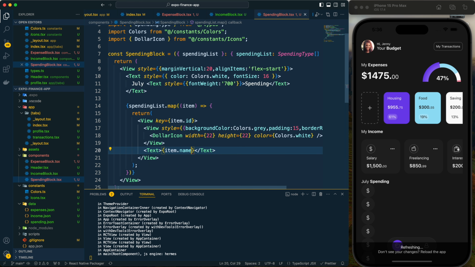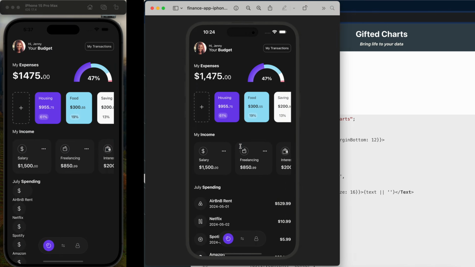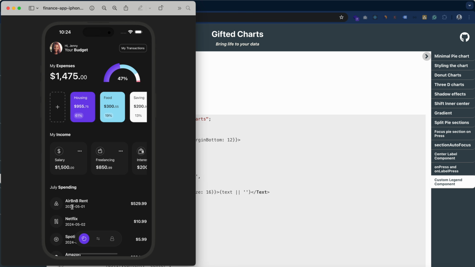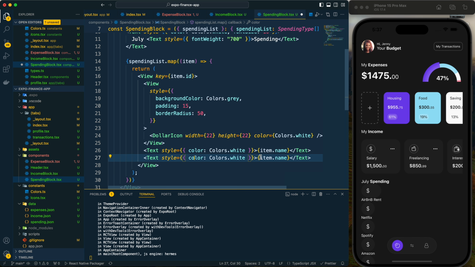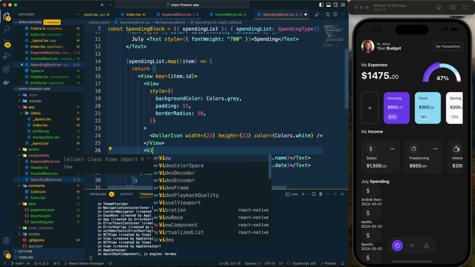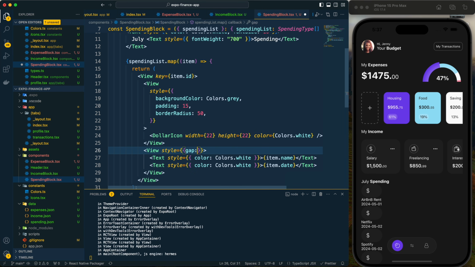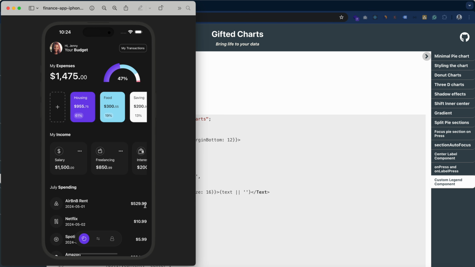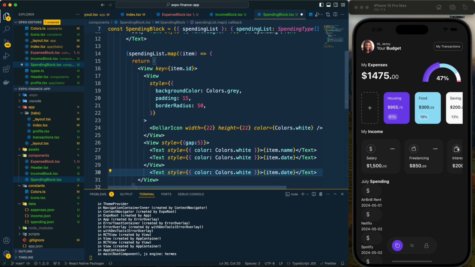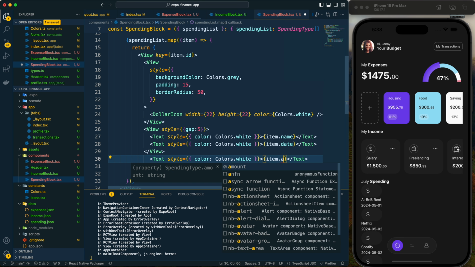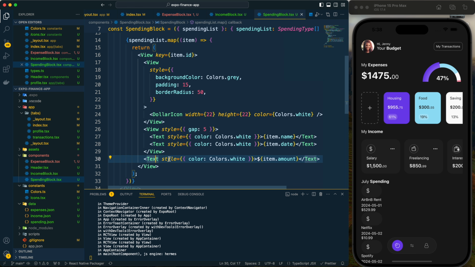Then let's provide item name with white color, and here we can see with the name we have the date also. Let's provide that date, and let's wrap these two text within a view, and let's provide style as gap 5. So these two will have some space, and then here we have the amount. So after this view I will provide the amount, and this view and this amount text needs to be positioned in the different end. So this amount needs to be positioned at the right side, and these two will be